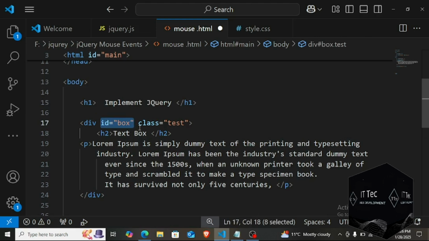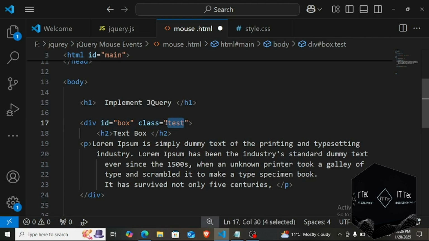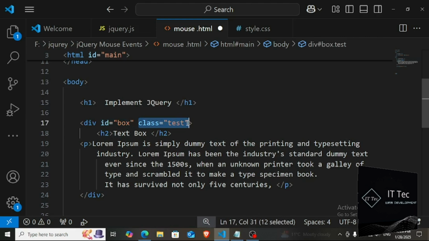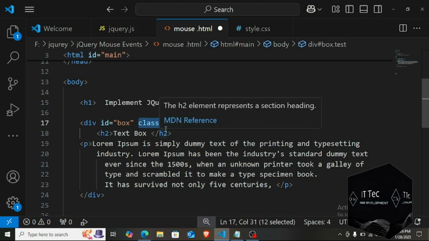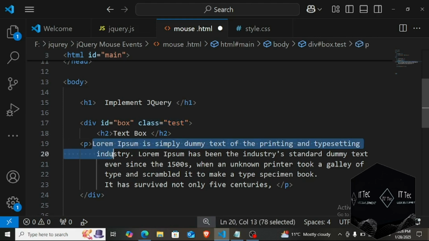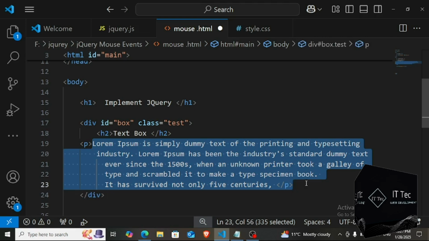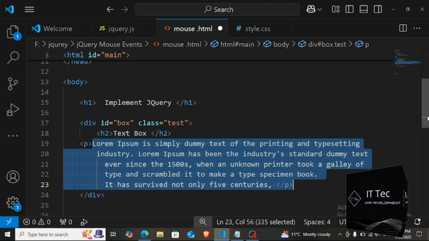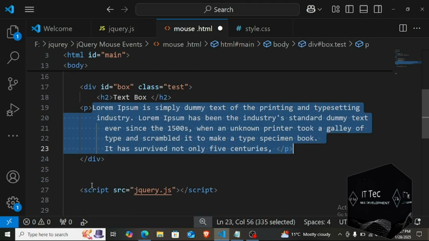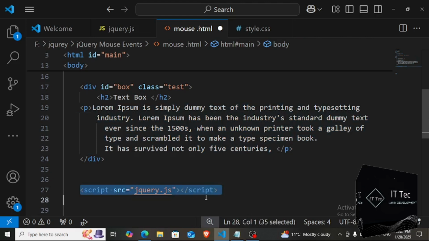So let's see how we can use it practically. Look here. Here we have created a basic HTML document. Look above. Here we have given a heading, and below it is a div, and inside it is a subheading and a paragraph. We have given an ID to the box, and also given a class to it called test, and below it is a heading in an H2. There is a paragraph, and below it, we have added a jQuery file,